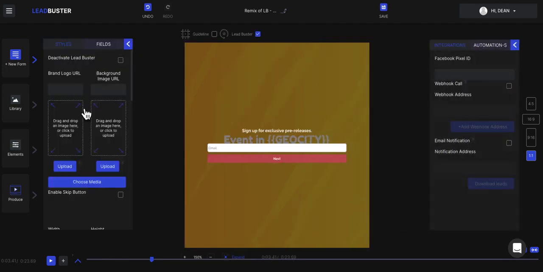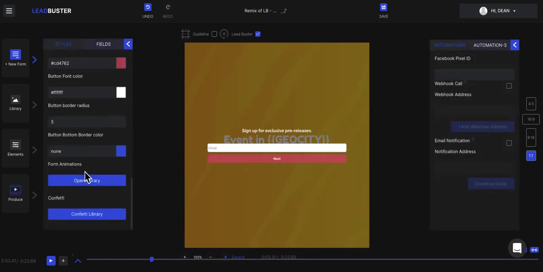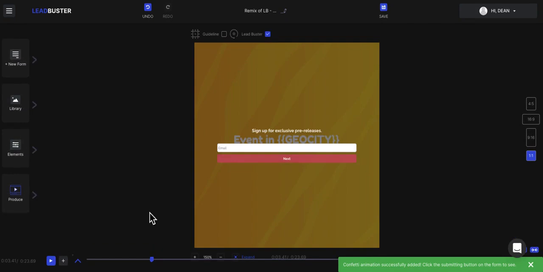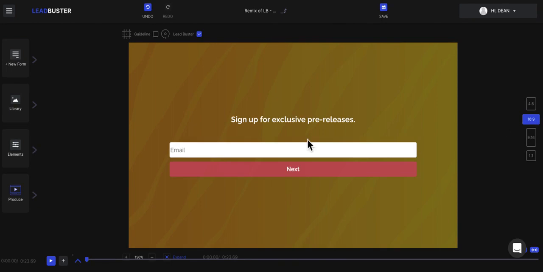Okay. Going outside of our animations, we also have confetti. What happens with our confetti library is you are given over 50 different types of celebration animations that are going to come up once someone has actually filled out your form. This is going to make people feel extra happy to have filled out your form. I'm just going to choose an animation here, and what you are going to see